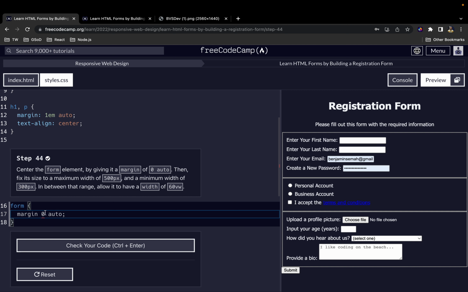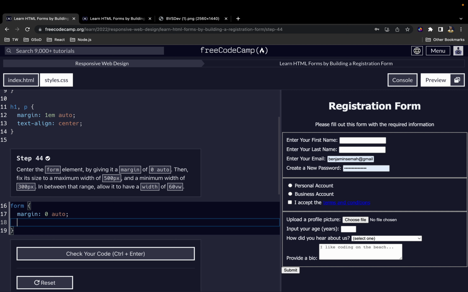Once again, if you write margin and you give it two values, the first value is applied to margin top and margin bottom. The second value is applied to margin left and margin right. Then we want to give it a max width, or maximum width, of